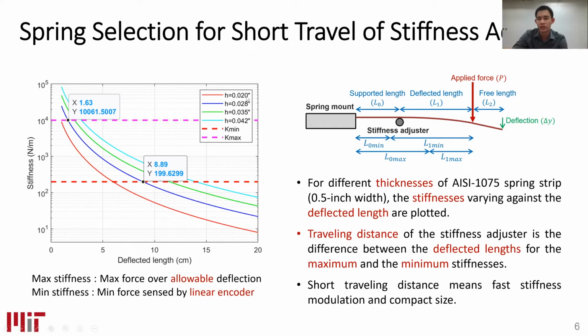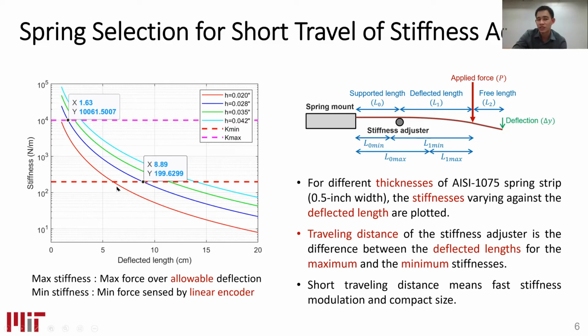from 0.02 inch thickness to 0.042 inch thickness. And the horizontal lines show the desired minimum stiffness and maximum stiffness. The intersection between the curve of the spring and the horizontal line shows the deflected length that we require from the spring to generate that stiffness. So for minimum traveling length, if you see here, maybe the red one with the low thickness spring, we may get